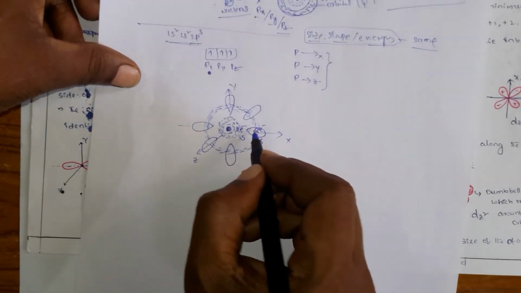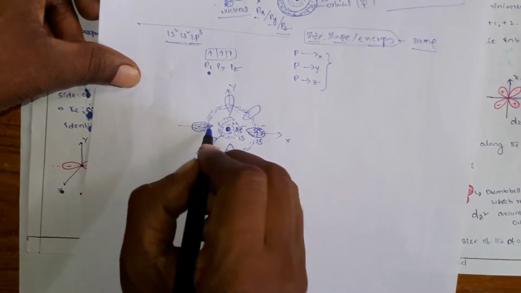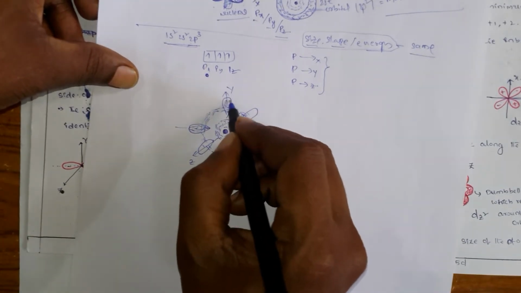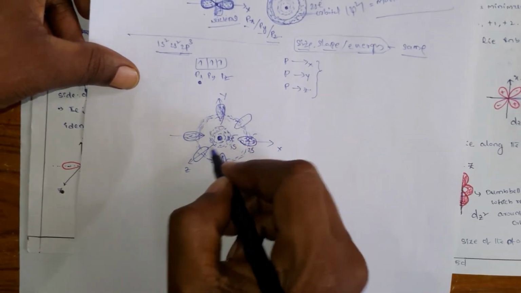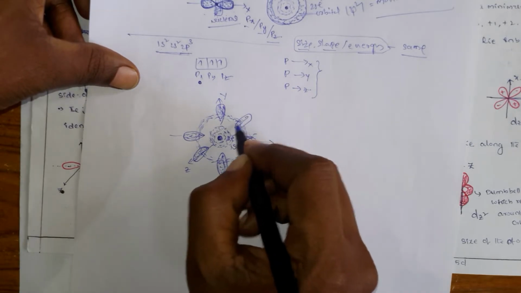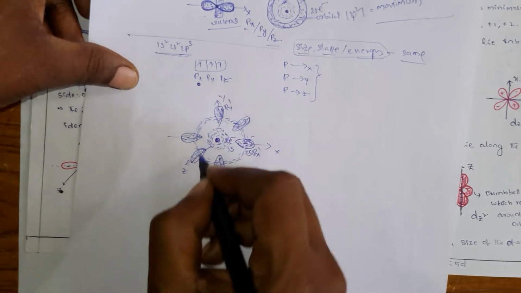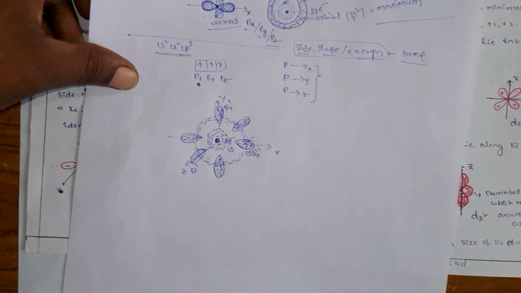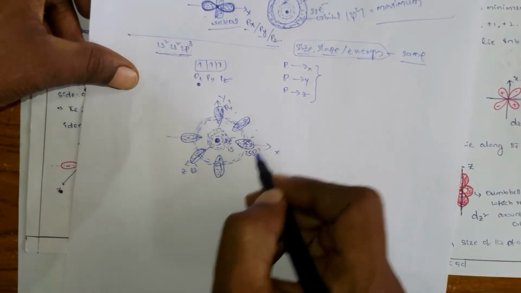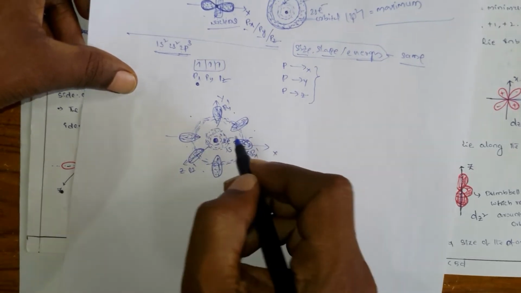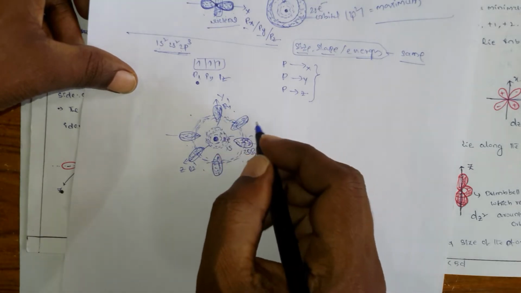You assume one electron will be here, in the px only, where it can be found. One electron in the py here, and another electron here, in the pz. So here is px1, here is py1 and here is pz1, like this. You cannot find these p electrons anywhere other than these places. So now are you clear?